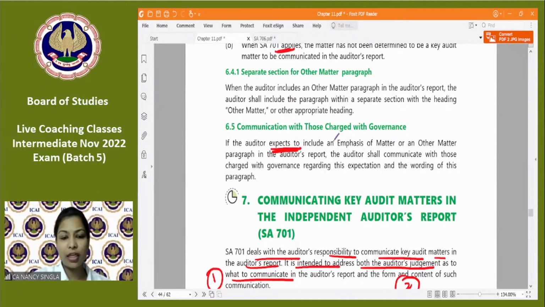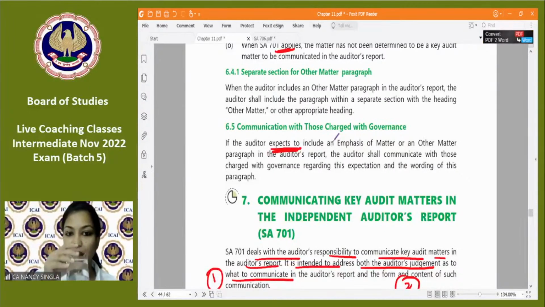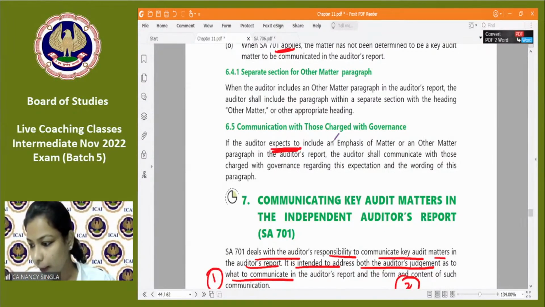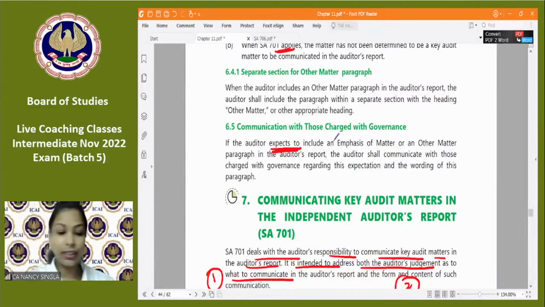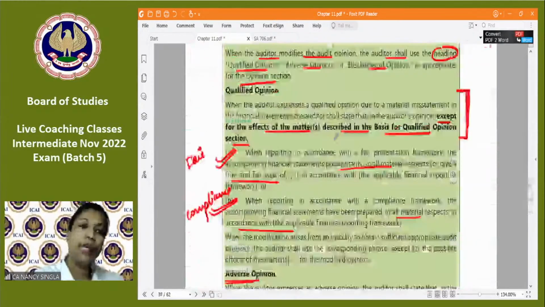और key audit matter में ना एक point रह गया 701 में, I will quickly take that up, पर पहले send in your replies। क्लियर है? ठीक है। देखो, key audit matter में ना एक point रह गया जो मैंने